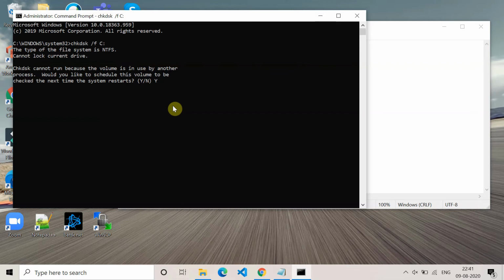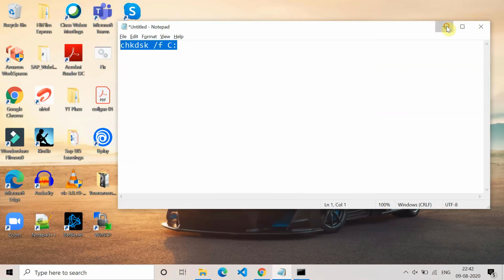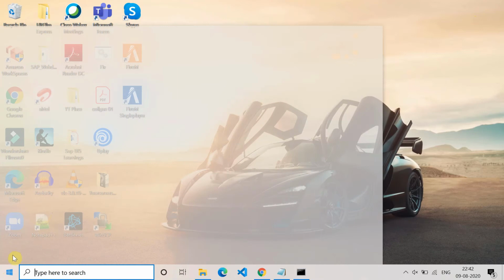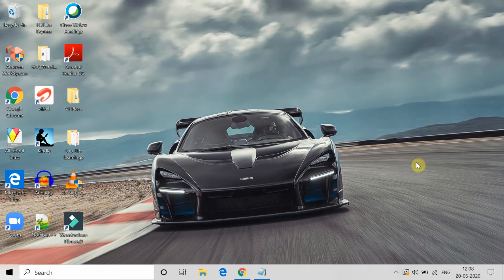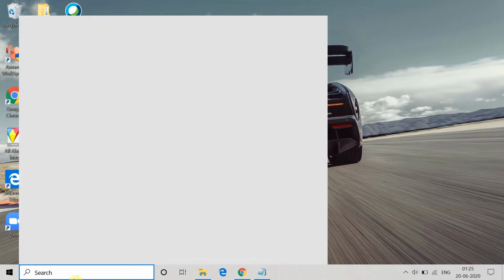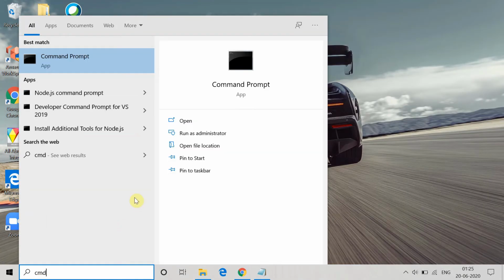Now once you give this command, just go and restart your system, and once the system restarts, it will check the drive and remove the error in the drive if there is any error, and hopefully this will fix the issue in the file.